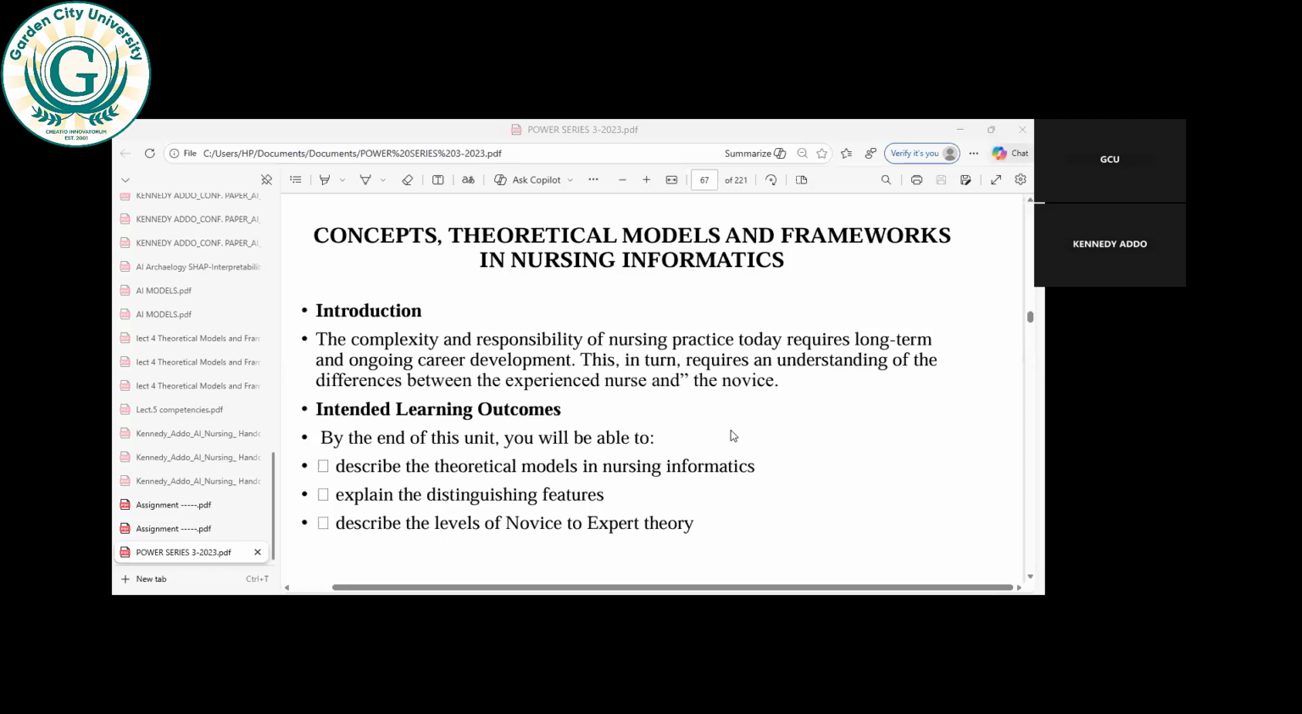Describe the levels of novice to expert theory. But before that, what is a concept? A concept is just an idea, then theoretical models. Models are very important. They represent foundational knowledge within which